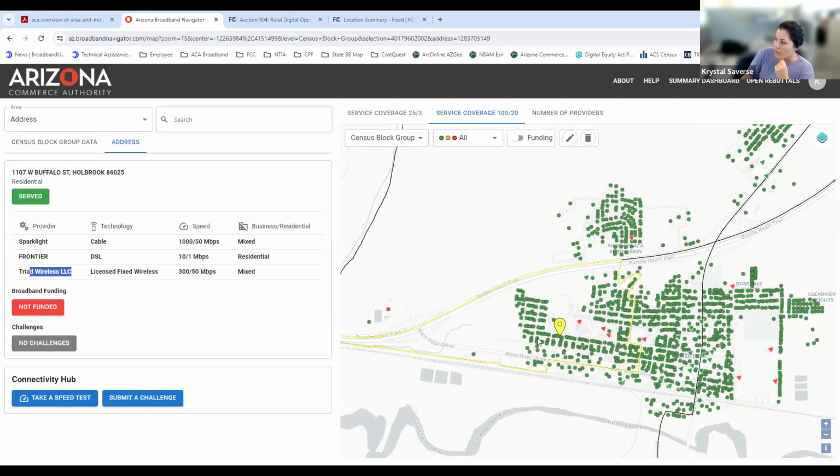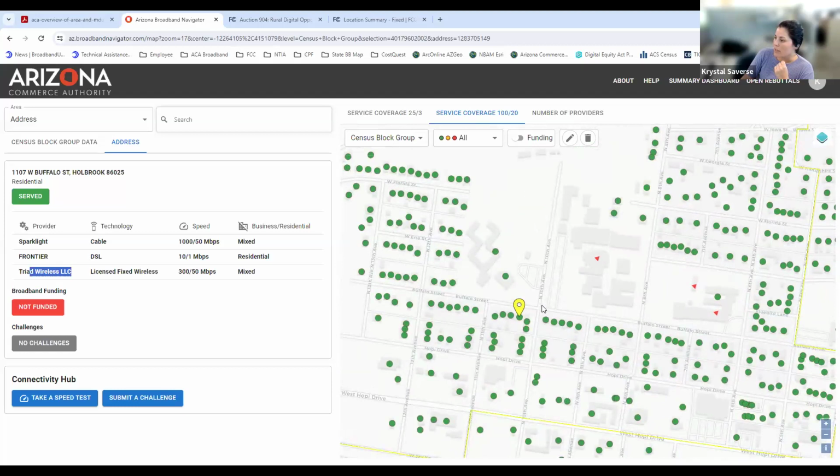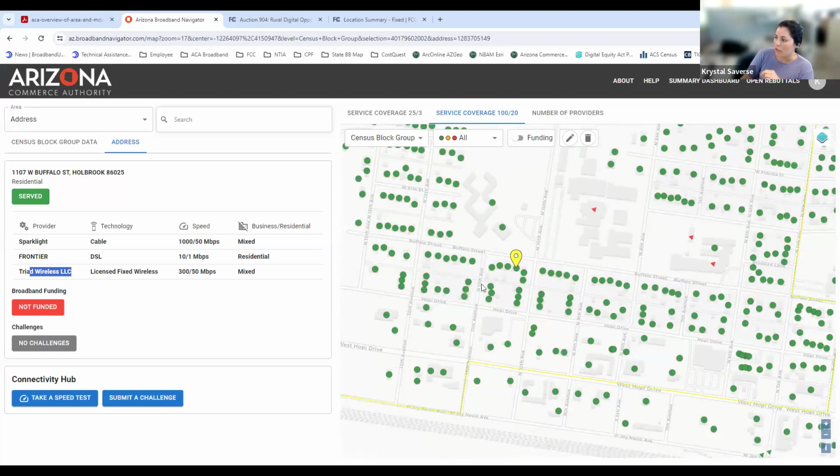So that is what an area challenge is. It's a little more complex, but it takes the work off of a challenger by limiting the evidence to only 6 BSLs. And again, the provider also has 15 days to rebuttal,